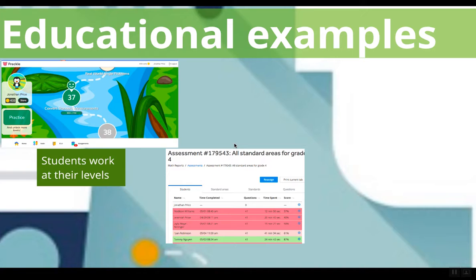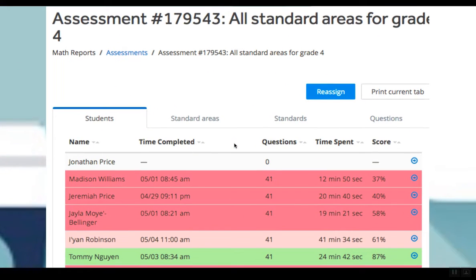Next, as the teacher, it is really important that the kids do like Freckle, but as a teacher, I need to be able to assess their progress. And Freckle does a great job of providing me with detailed assessments and progress on their learning as they go. So here's just an example of an assessment that I pulled from earlier in the school year. It wasn't a successful one. It was one I had to go back and really work towards.